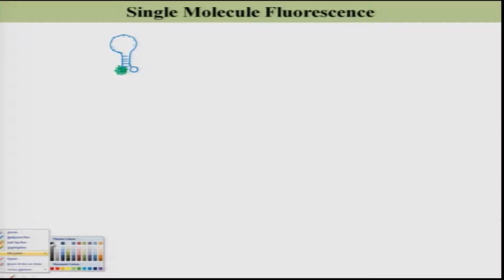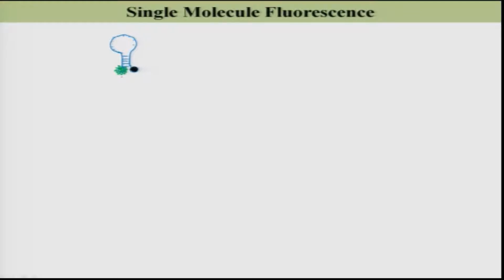For example, you have such a molecule with you. It is made of some DNA base pairs, where these base pairs are pairing. These are typically called molecular beacons. So, here you have a fluorophore and here you have a quencher. This one is your fluorophore. Let us say it is showing green color emission. Now, once this quencher is present nearby, then this quencher can quench the fluorescence of this fluorophore,